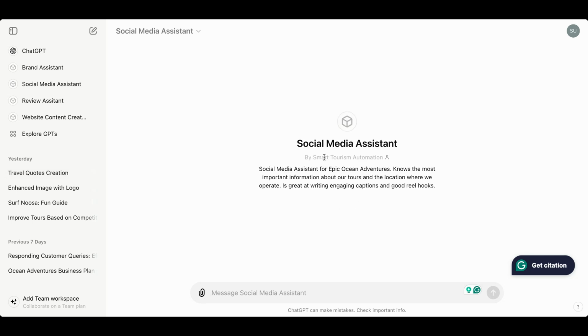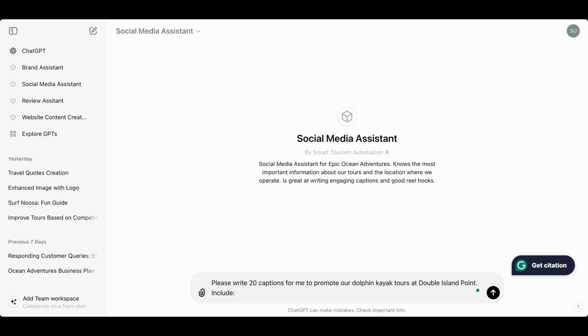And another way you can use the social media assistant is simply to create captions for videos and posts. So let's say, for example, I'm going to bulk schedule in my social media tool, which I'll show you in a different video, a whole heap of posts with dolphin kayaking, so dolphins swimming around the kayaks, and I have different images or different videos for that. And I want to make a caption for each of those images. Let's say I got 20 images. I can say here to the social media assistant, please write 20 captions for me to promote our dolphin kayak tours at Double Island